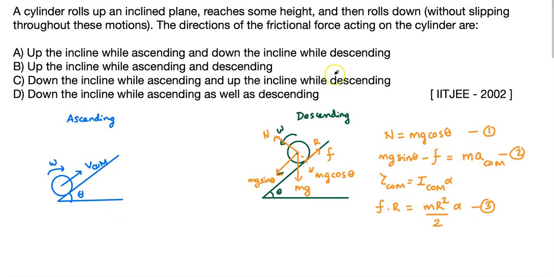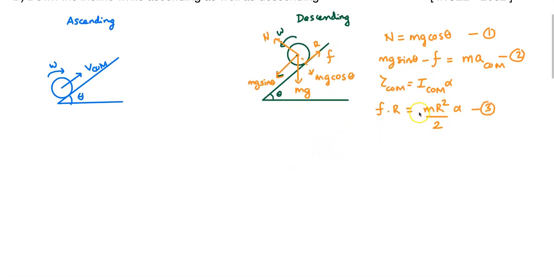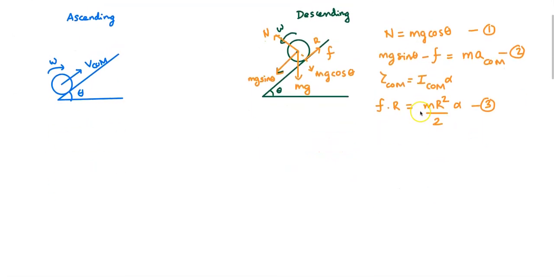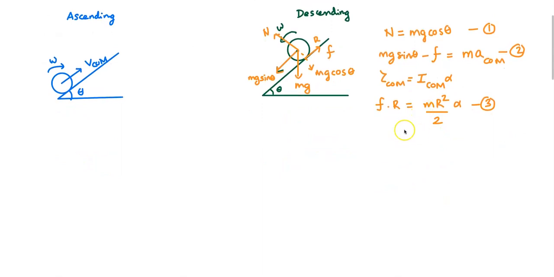Just to recall what the question was, the cylinder rolls without slipping, right? So that provides another additional constraint to this problem, and to enforce that constraint we just use the equation: the acceleration of center of mass is r times alpha, right? So we have 4 equations. We don't need to solve anything because all we have to do is find the direction of friction, but let's